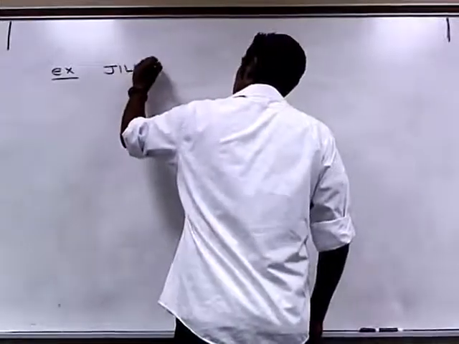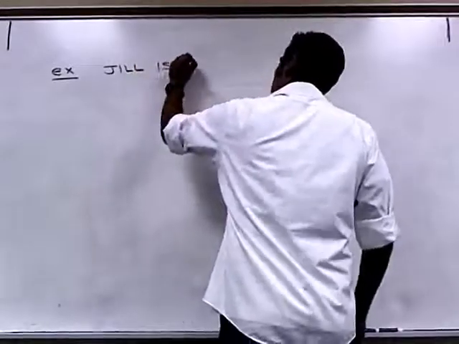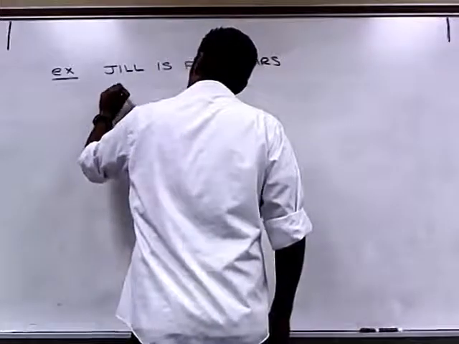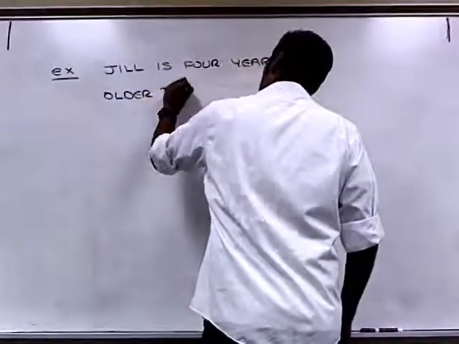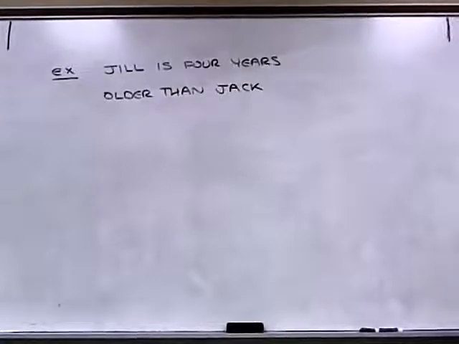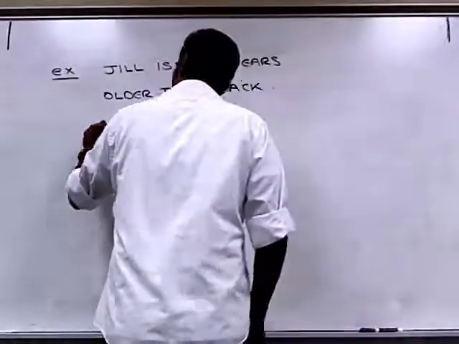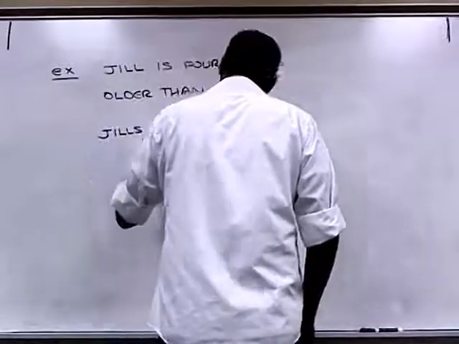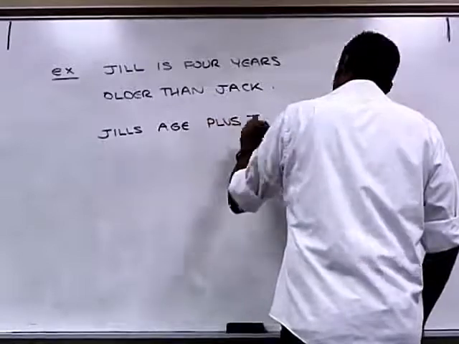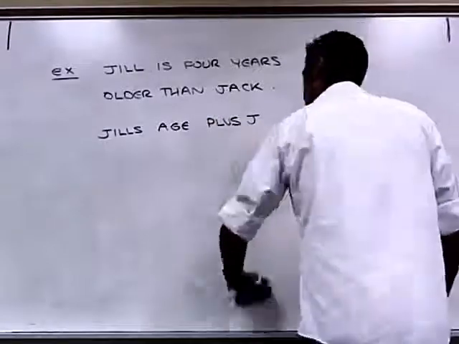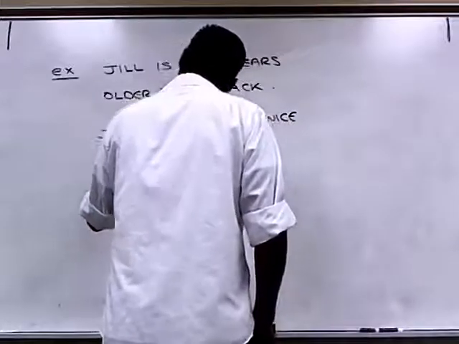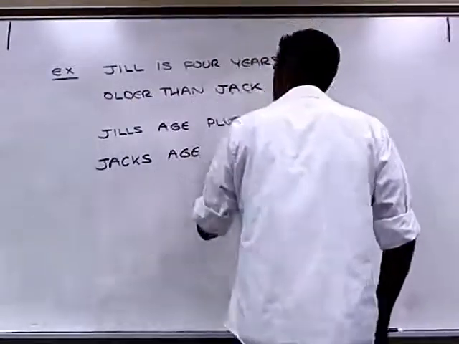Jill is 4 years older than Jack. Jill's age plus Jack's age plus, let's say, plus twice Jack's age is